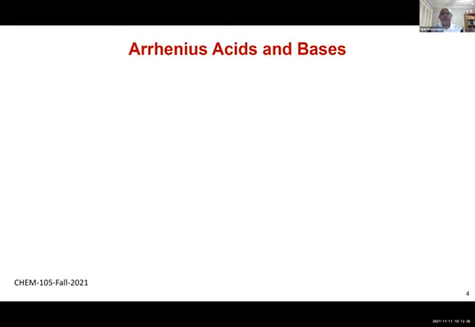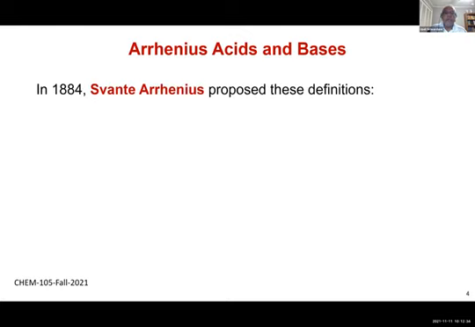Now let's talk about Arrhenius acid bases. They are the first acid bases that were discovered a long time ago. In 1884, Svante Arrhenius found out there are certain compounds that in water behave as acids. They have a sour taste. Acids have a sour taste, and bases have